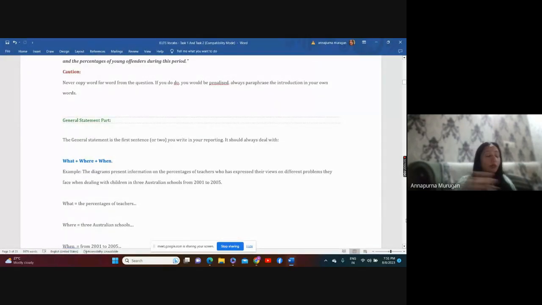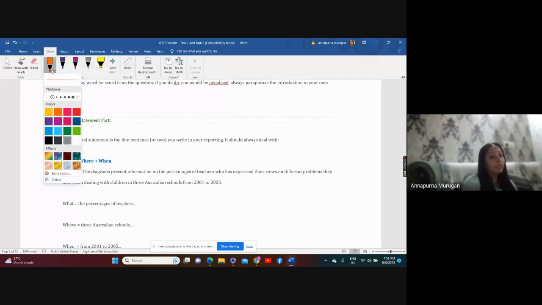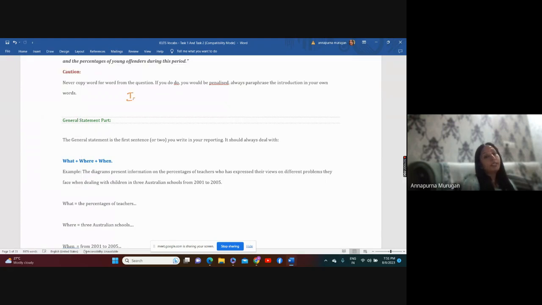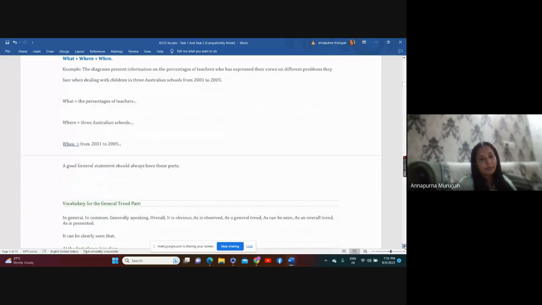Okay, now the initial overview. Now what you need to do is give the initial overview. Now there is a problem in starting off with the initial overview. You know what to present, but how to start is the big problem. So if that is the case, what do we need to do? I have given you the phrases. If you have a phrase, you can start off with it. That means if we have a starting problem, we can give the initial overview something like this.